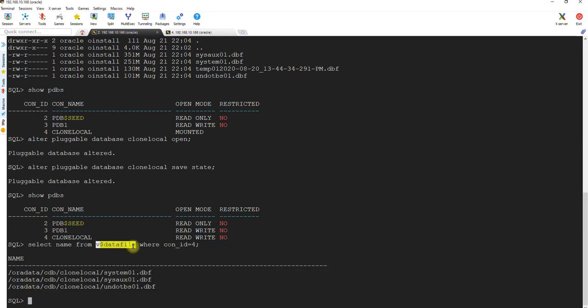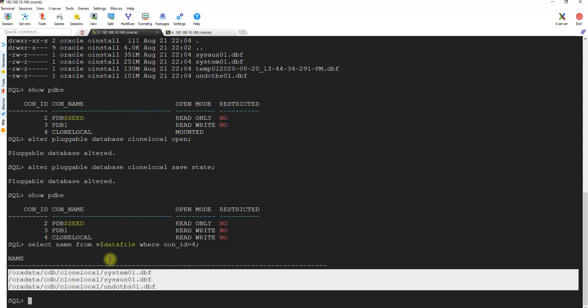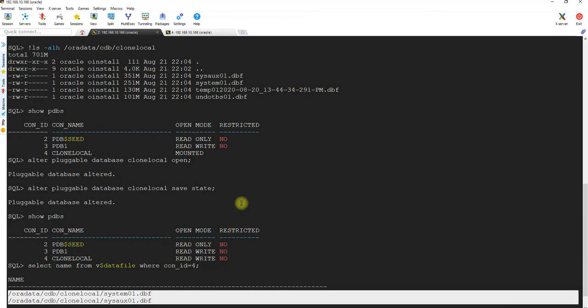v$datafile won't give you that information. So you won't be getting the data file names such as temp and the other ones. Okay, so whatever files are created, these are the ones it is showing.